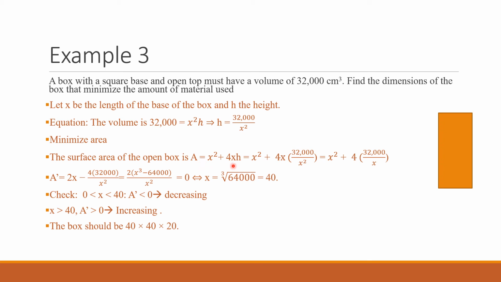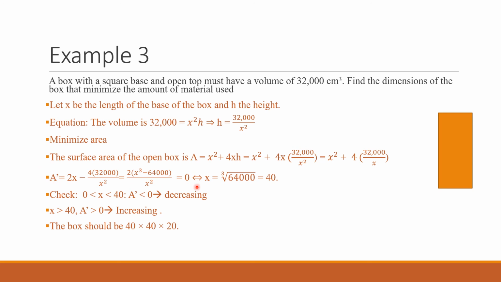Right now, I'm going to try to figure out the area. The area will be, this is an open top, so I don't have this. So the area will be the area of the below base, which is a square, which is x squared. And then I have four sides like this one and that one. Four sides of x times h, like here, x times h, and this is x times h. So I have four sides of x times h, so here it is, and then I will substitute h equals 32,000 divided by x squared. So here it is. So now I have only one variable, in terms of x, and then I